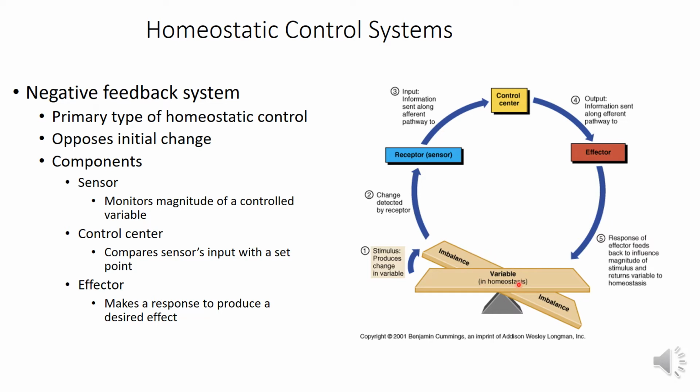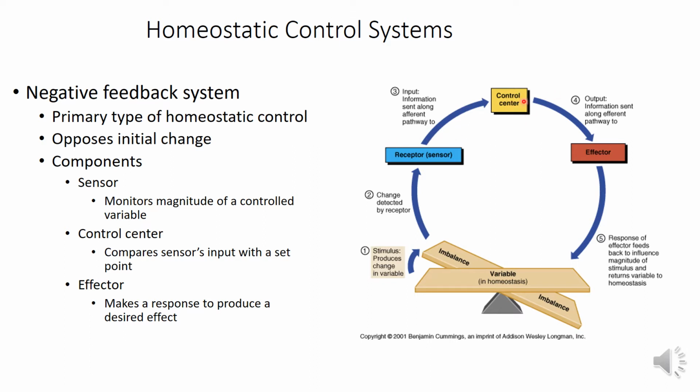So let us see this in this diagram. Here, as you can see, the variable can be anything: blood pressure, body temperature, electrolyte concentration, hormone concentration in the body, and so on. If there is an imbalance, a decrease or increase in a certain concentration or value in the body, this imbalance, this change, will be detected by the receptor, the sensor here. The sensor will send impulses to the control center through either nerve fibers or